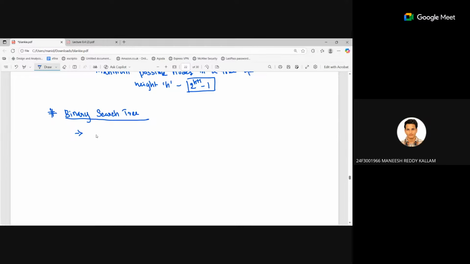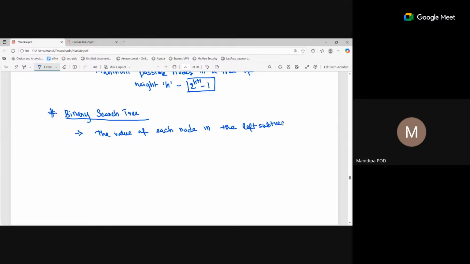Ma'am, the elements to the left side of the root node will be smaller than the root node, and the right side elements would be greater than the root node. Correct. So we can write it down as the value of each node in the left